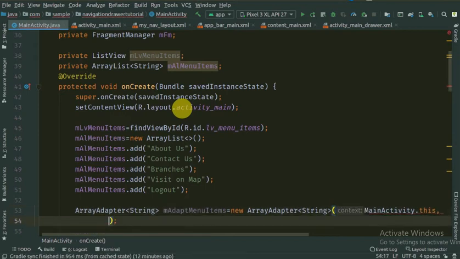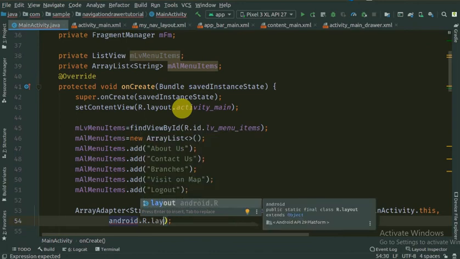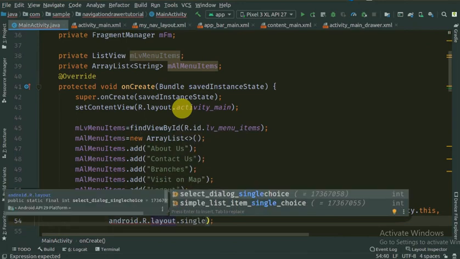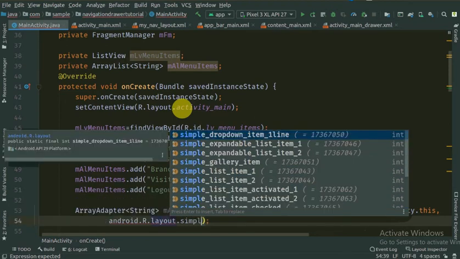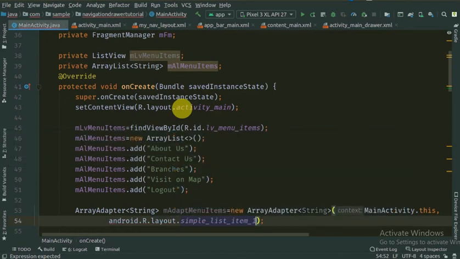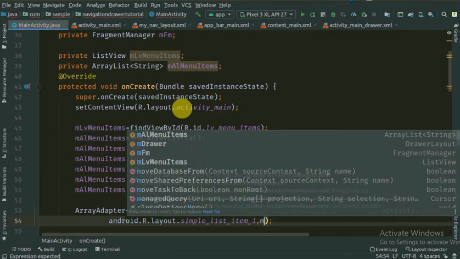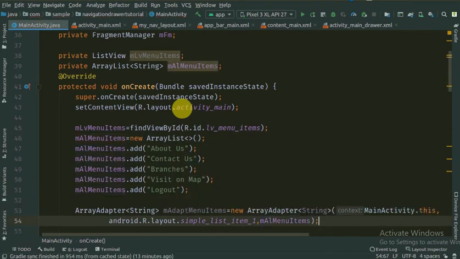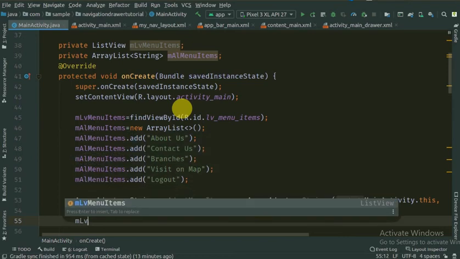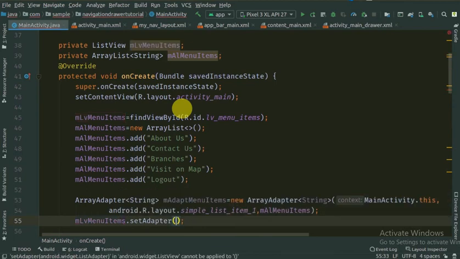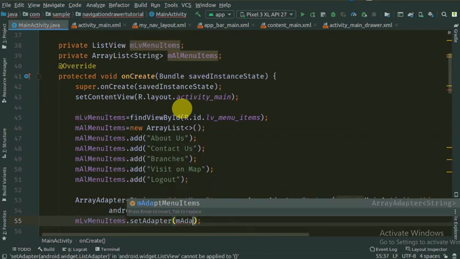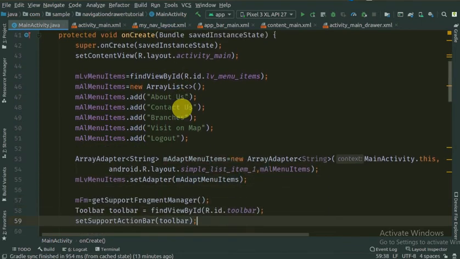The second thing is the layout, android.R.layout.simple_list_item_1, and we have to pass the collection, that means our array list. Okay, and let's set this adapter in our list view. So listView.setAdapter, that is our adapter. Okay, this is done. So in this way we have created our custom list.